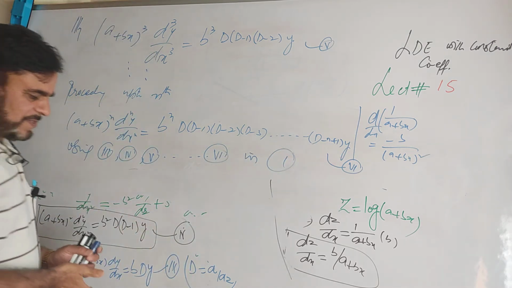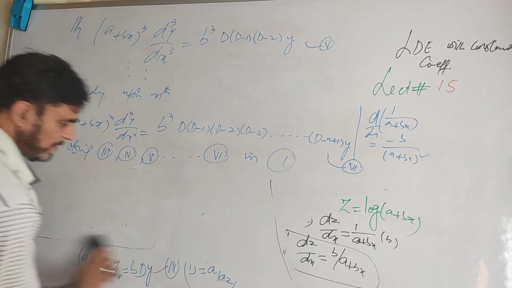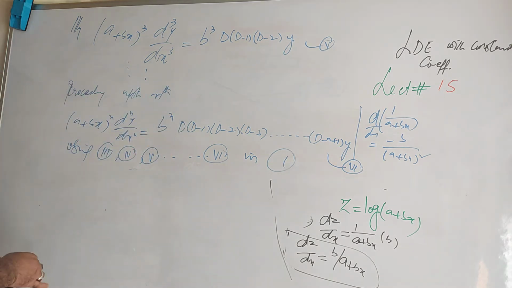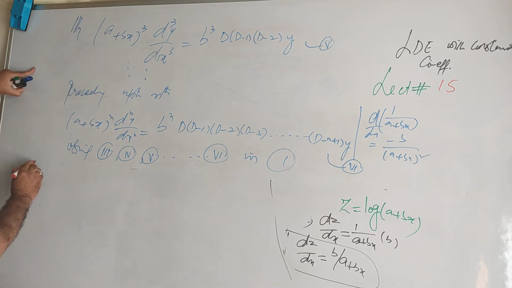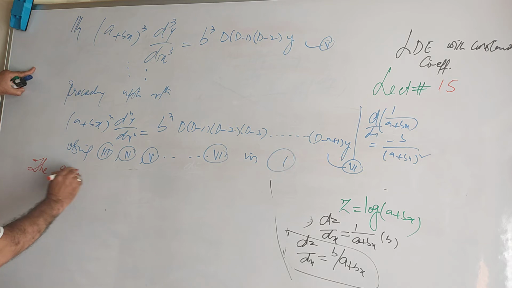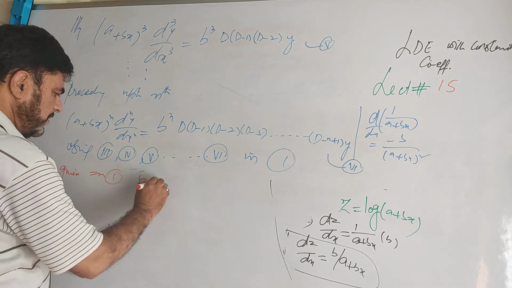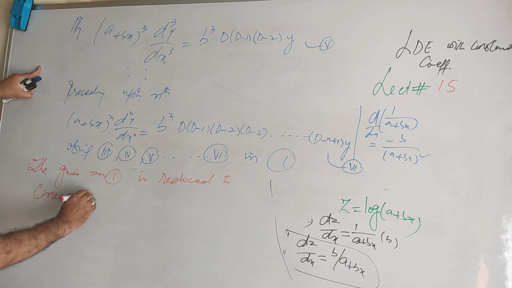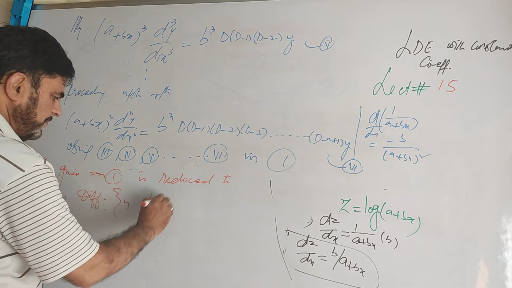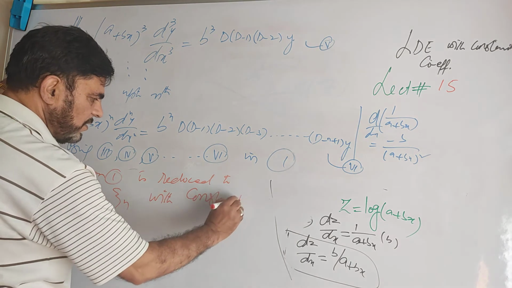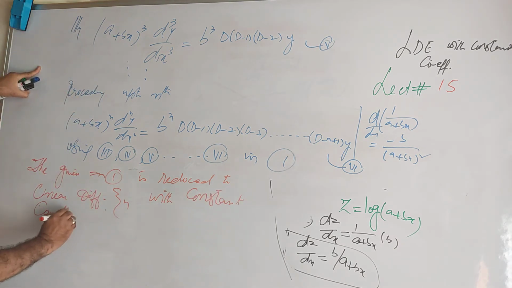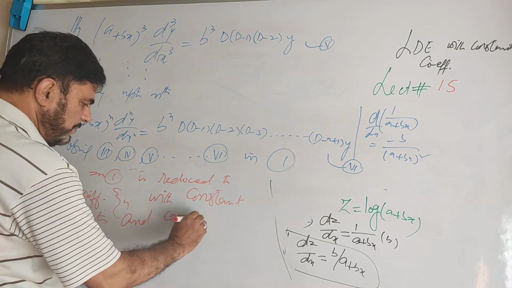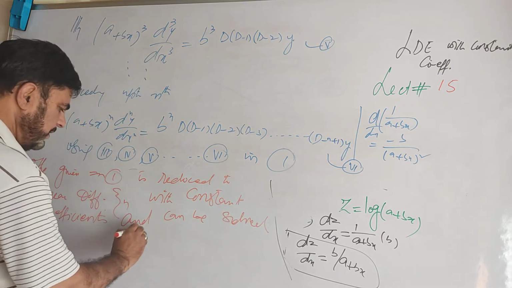When we use these values in equation number first, what we get is that the given equation number 1 is reduced to a linear differential equation with constant coefficients, and can be solved by